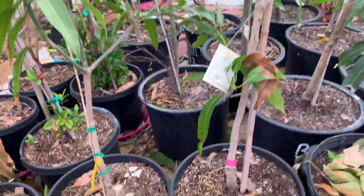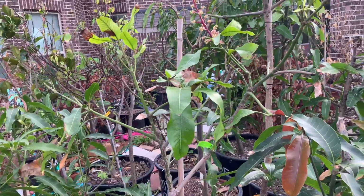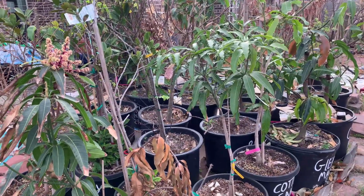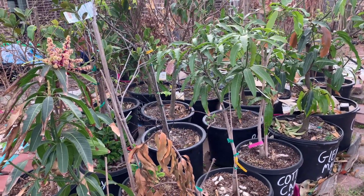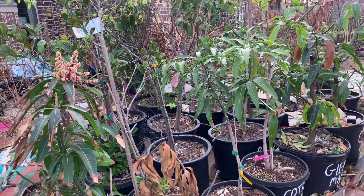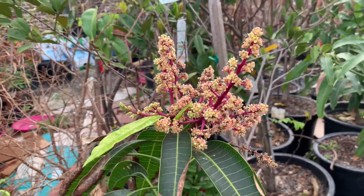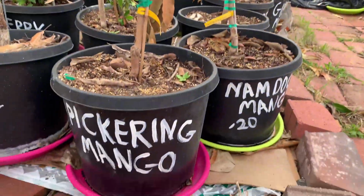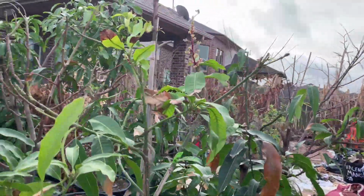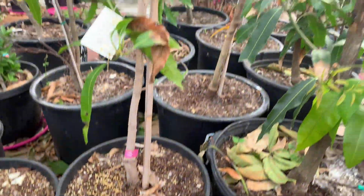Just look at this. Cotton candy mango. I cannot wait to try this mango. One of my concerns with my mango trees, all of them started flowering November, December of 2020. And I was so concerned because I was not sure if they would flower again in spring. But sure enough, this pecan mango is right back at it. Also, the cotton candy mango, she's flowering again. I'm hoping all my other mangoes follow suit